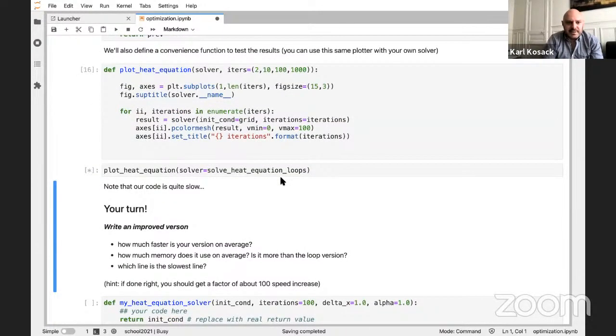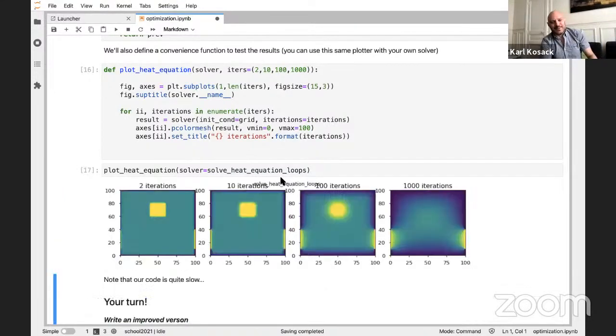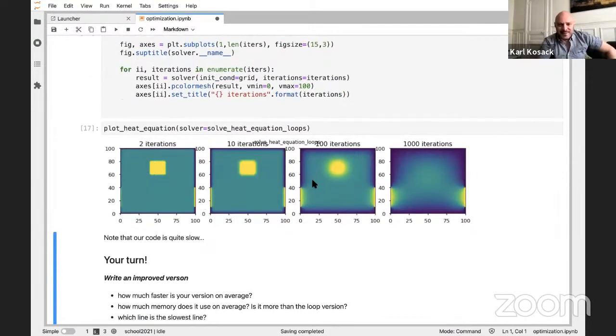On my fairly fast machine, this is taking some time. Hopefully not too much time. When I tested this, Zoom was not running in the background. Okay, there we go. You can see that the heat is diffusing away from the hot brick, and eventually it cools down completely, but the space heaters here continue to heat the room. You could run this for more iterations.